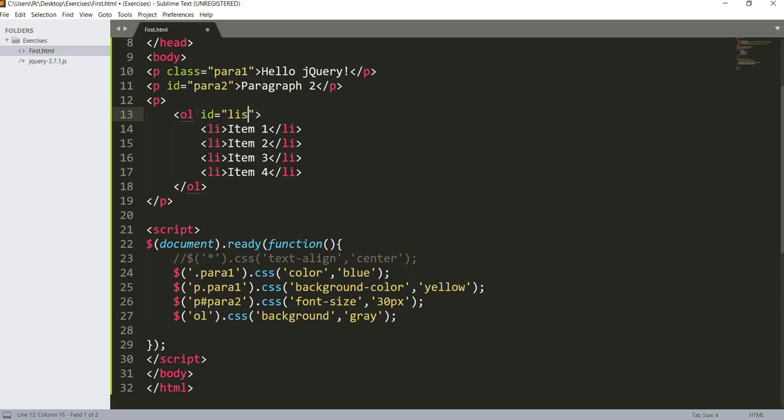Here we put the right ID of list item. Let's call it list item. Here we put hash, because it is the ID. When it is class, you remember we put dot. So this is an ID, list item,